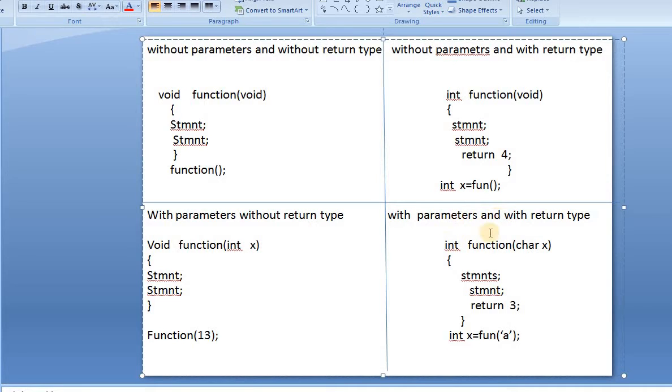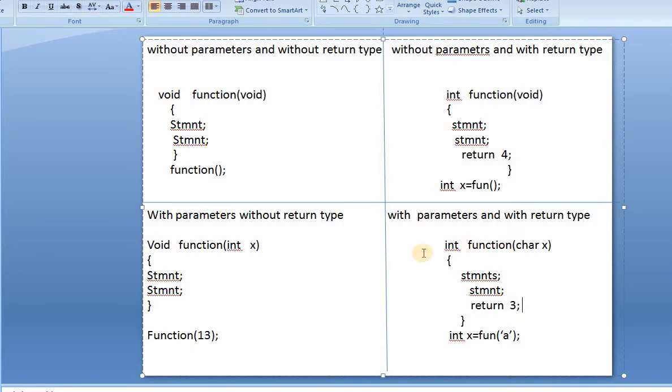And the fourth one is with parameters and with return type. So all the conditions are included in this, that is specifying the type here, integer, and inside this function I'm passing an input of type character. See, this x is a variable of type character. Inside the code I'm writing and returning the value.